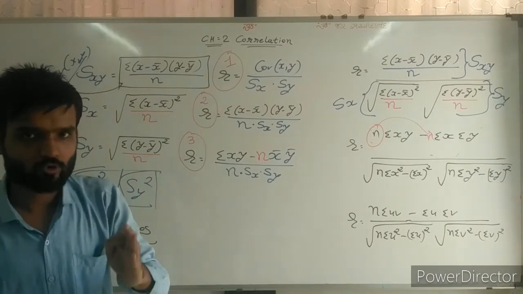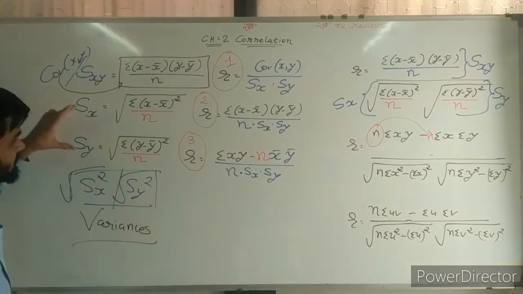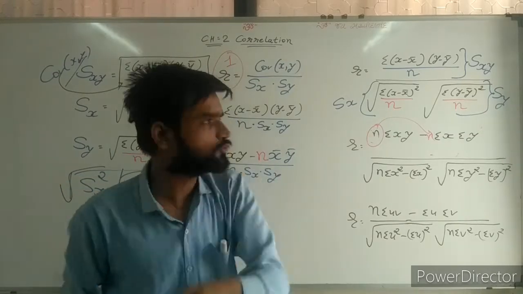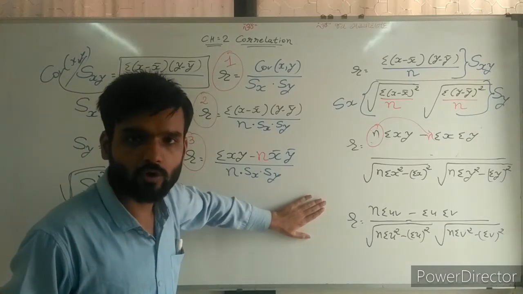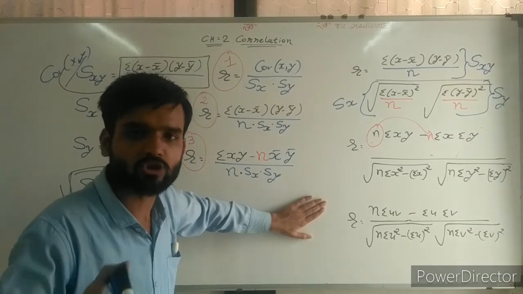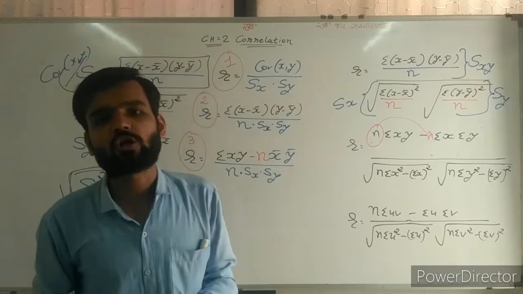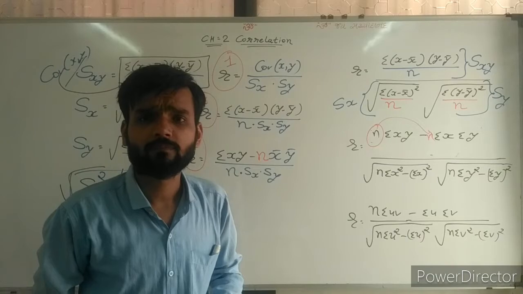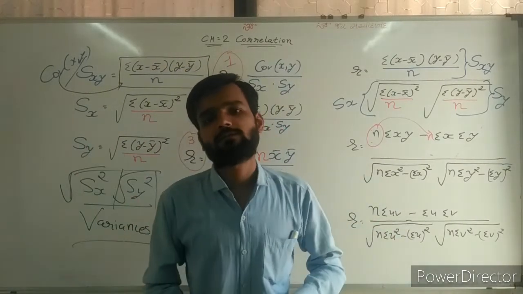So please try to understand. Variance given or standard deviation given, any one value given, then you have to use this short sums formula. And if this information is not available, then you have to use these three normal formulas or the Spearman formula. If ranks are given, then Spearman formula. In this way, we can identify the formulas.